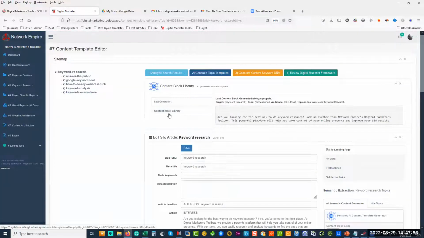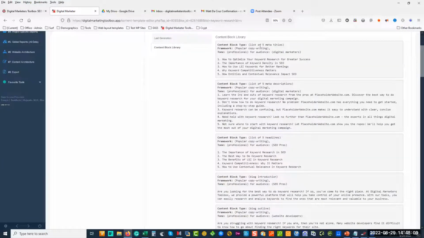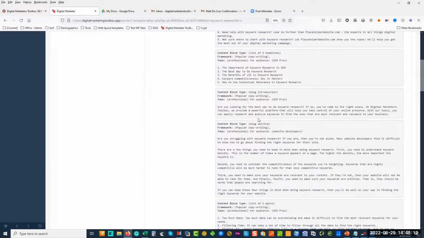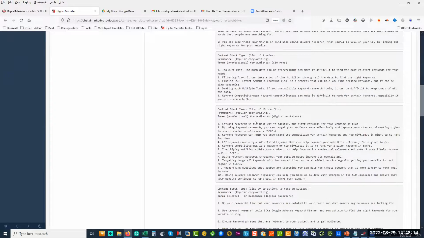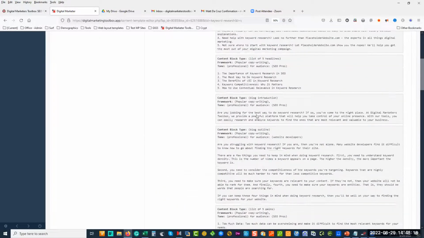If you look at that, everybody has that for their blueprint anyway. You'll check it in the exports. So when I click on the content block library, we've essentially created our meta titles and our descriptions. We can see the tone and who it's for. There's the introduction. So I grab this whole thing and we chuck it into